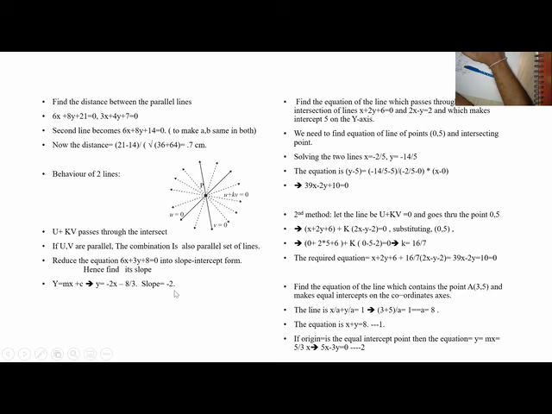So we'll see one example in this form. Find the equation of the line which passes through the point of intersection of these two lines and makes an intercept 5 on the y-axis. Intercept 5 on the y-axis means what is the point on this? (0, 5) is a point on the new line, which is going through the intersection of these. So I need not find the intersection point here. I can add these two with a constant k. So the method is first equation plus k into second equation is equal to 0, going through (0, 5). So when I substitute this, I get the k value and I can find the equation.